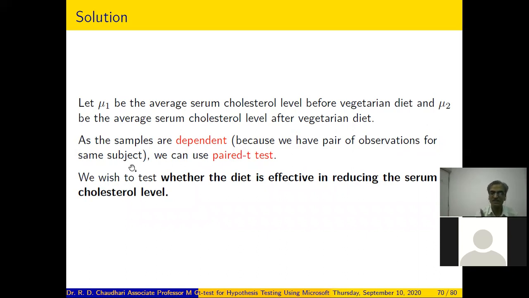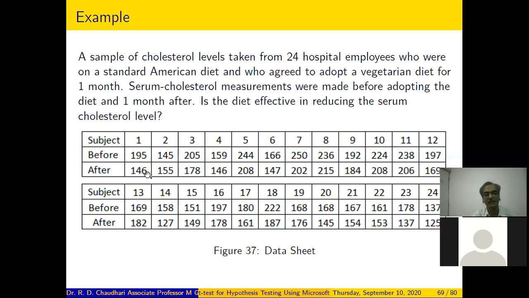For one subject we have two observations, one before and another after. So whenever we have such a type of data, we can use a paired t-test. We wish to test whether the diet is effective in reducing the serum cholesterol level or not. So here the question of the researcher is: is the diet effective in reducing the serum cholesterol level?